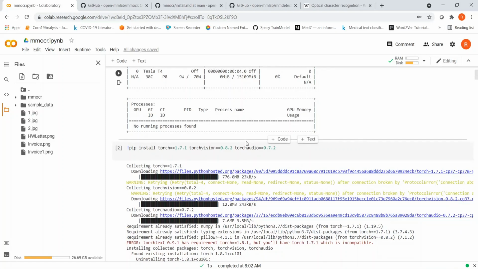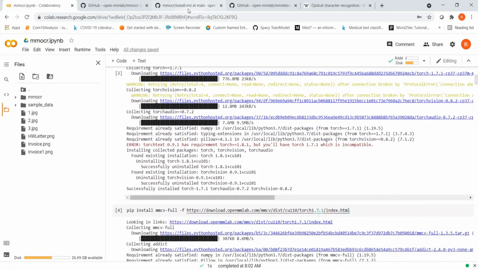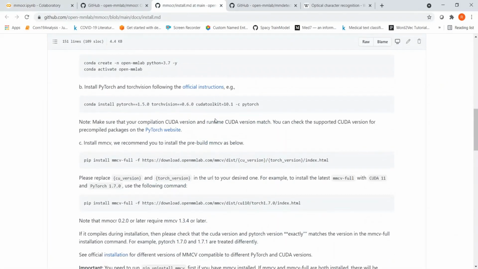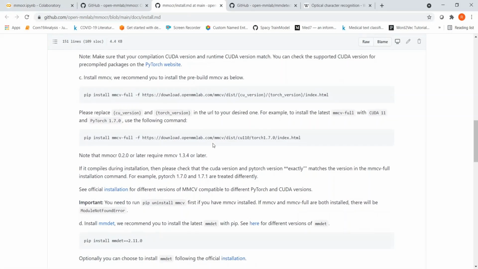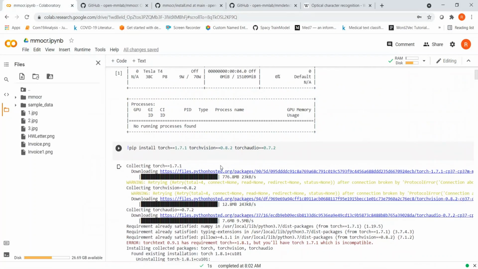For that I install Torch version 1.7.1, Torchvision 0.8.2, and Torchaudio, which are compatible libraries for Torch 1.7.1. I install these as per the installation script which is provided over here. CUDA is already installed, so we need not install it again. We just install the PyTorch libraries.